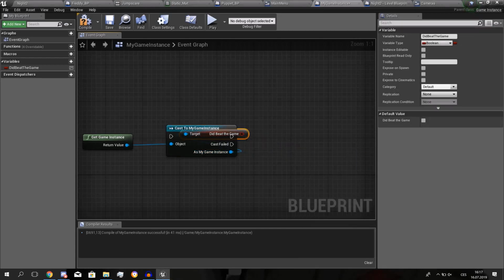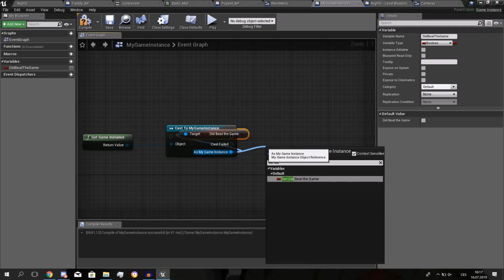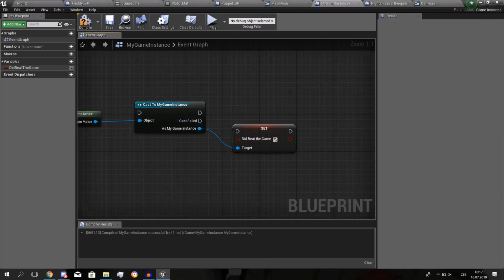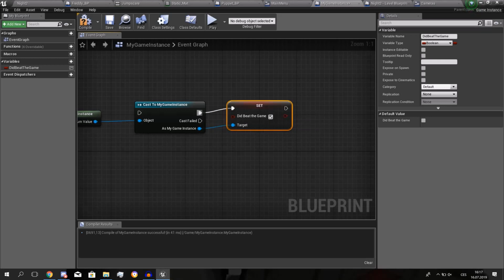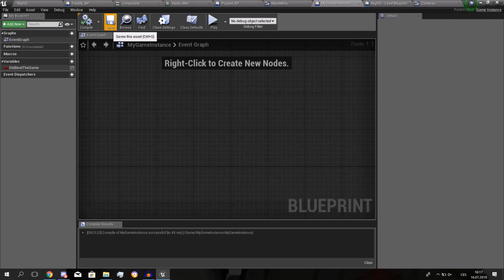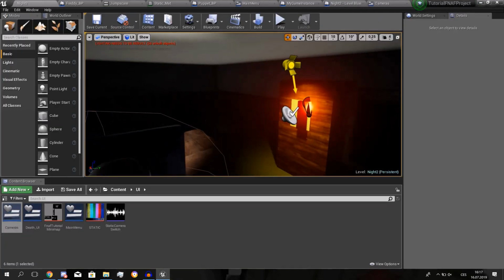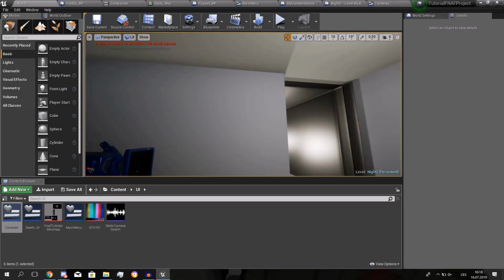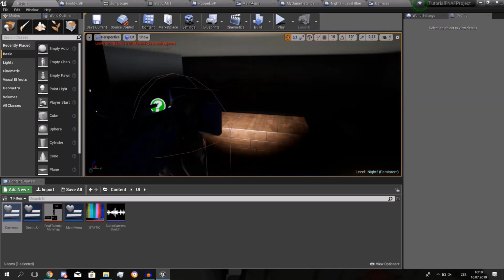Or you can set did beat game, and if you set it to true, you beat the game, and now you can actually go to the extras. I will delete this, and yeah, that's exactly how you can do that. So now that we have that out of the way,